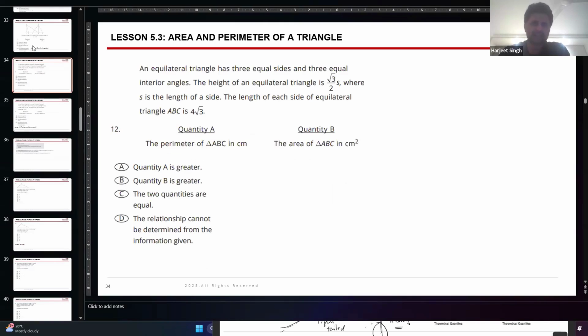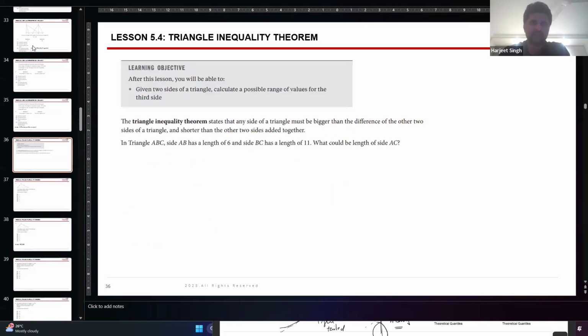I think we last did area and perimeter. So let's continue. The next thing up is the triangle inequality theorem, which tells us a bit about the maximum and the minimum lengths which sides of a triangle can take. So this is a very important rule